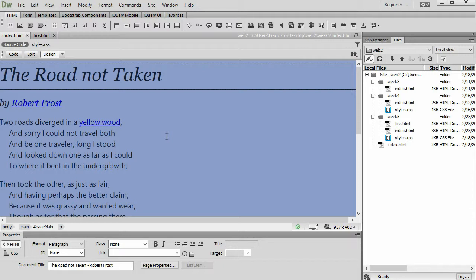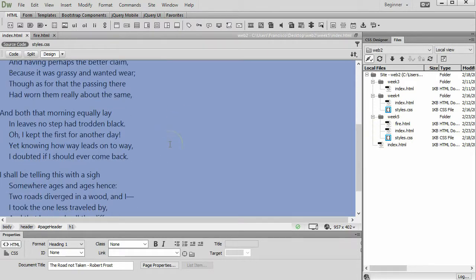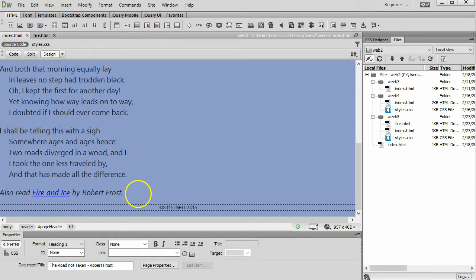As you may also remember from studying Web Design 1, relative links also apply to files inside the site that are not necessarily in the same folder. So far, we just dealt with a couple of files that are all inside of week 5, so they're not going out very far. But let's say, for example, that you want from your page, this being the index page, to go back to the index at the very beginning of your site. That's the one inside the root folder. I don't know exactly where I want to add currently a return to the index. Maybe I can put it inside of my